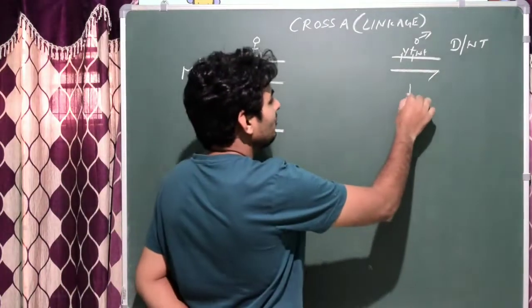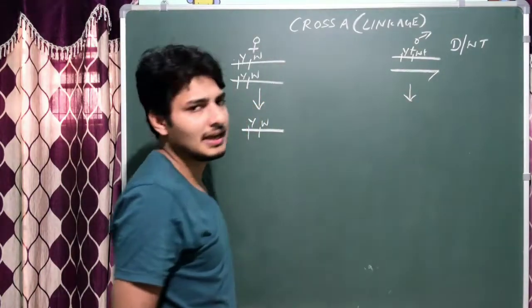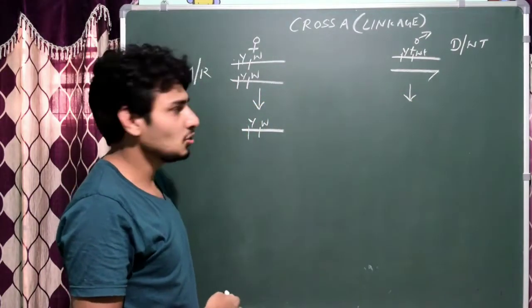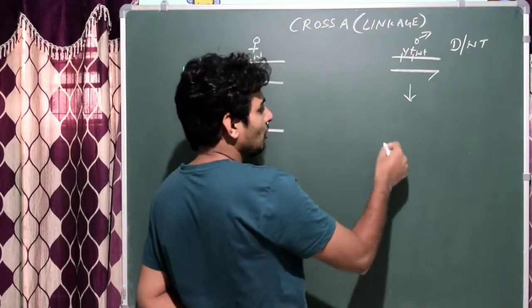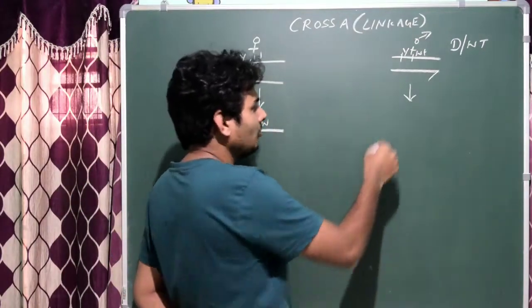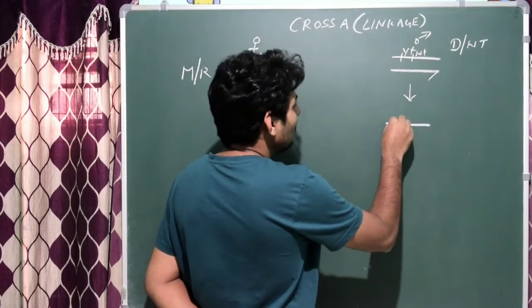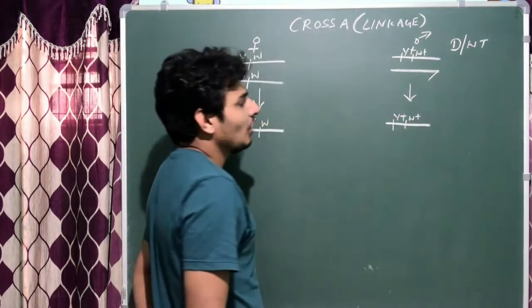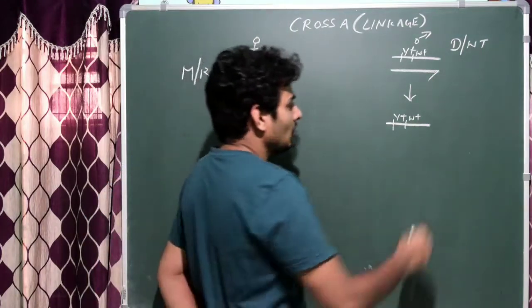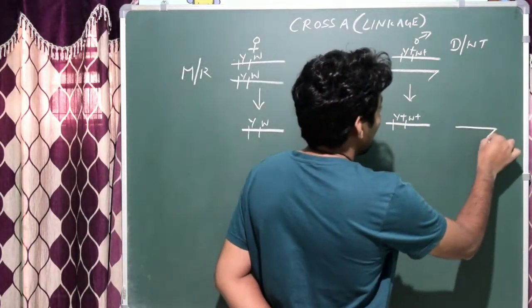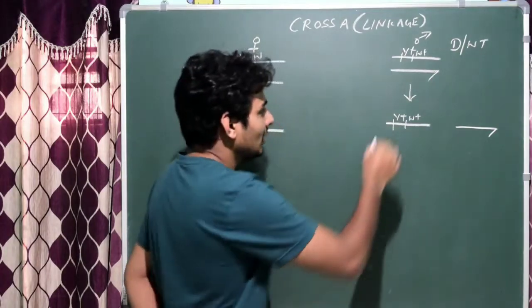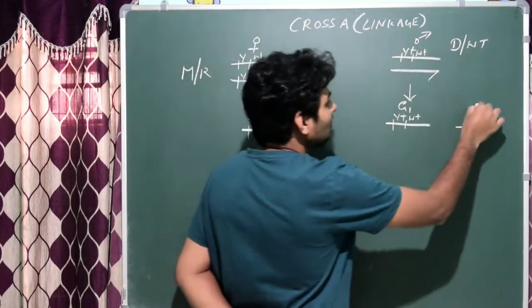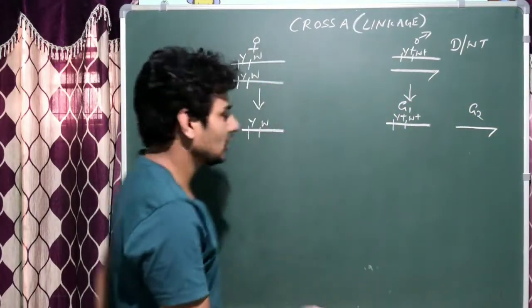Whereas in the case of the male, as I said, it exhibits heterogamety, so that means it determines the sex of the offspring, but that is not the concern now. So we just write one gamete will contain the X chromosome with y plus w plus genes, whereas the other gamete will have the Y chromosome, correct? I'll write G1 for gamete 1 and G2 for gamete 2. The cross is very simple.